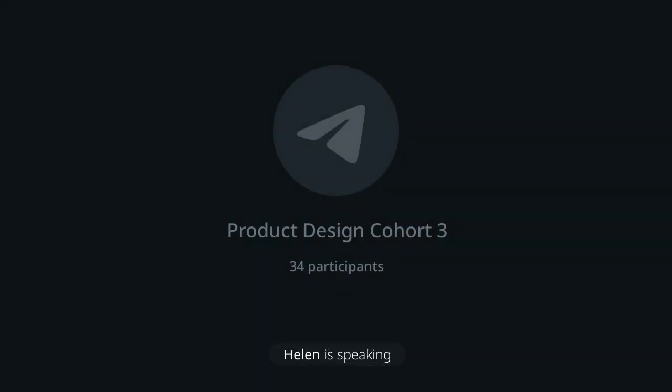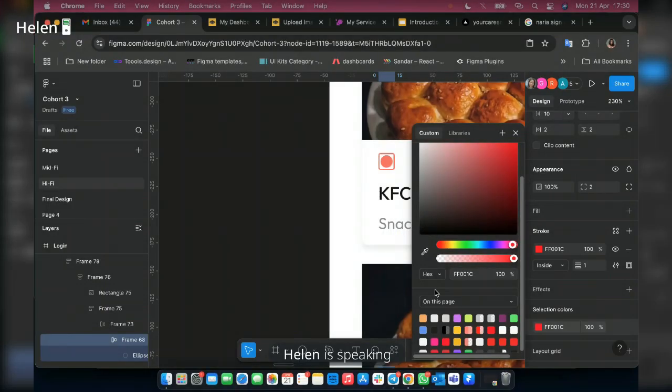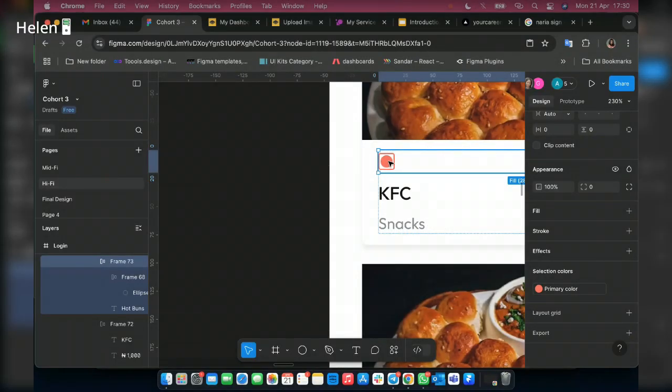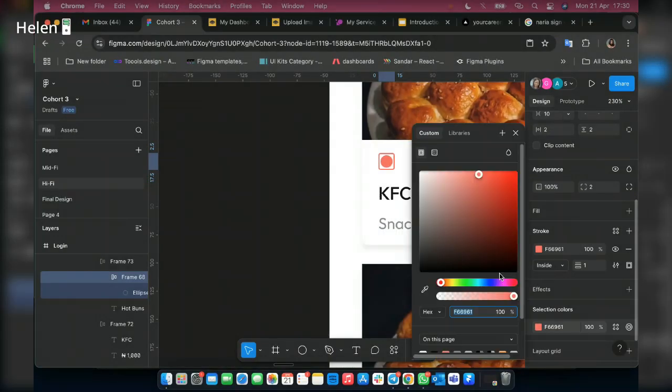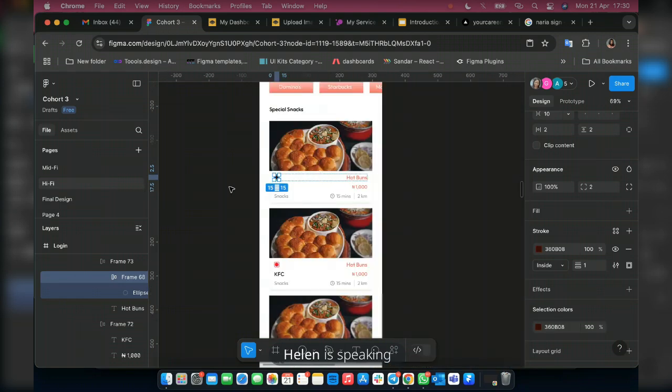Okay, we can use brown for this. So this is what we have. I just changed the colors so that when we are playing around with it, you can know that it's